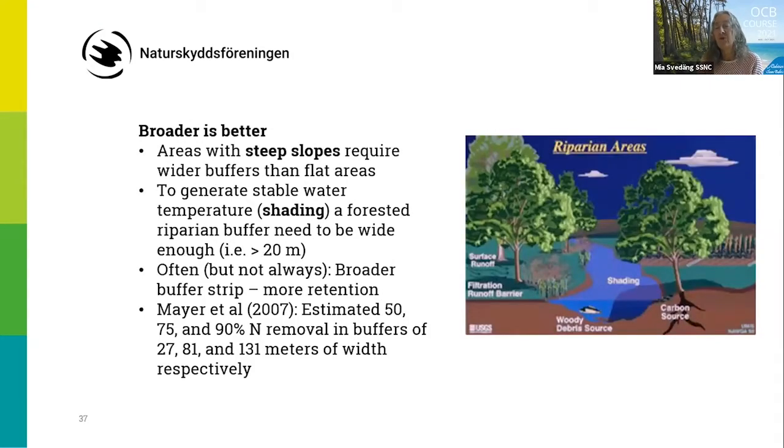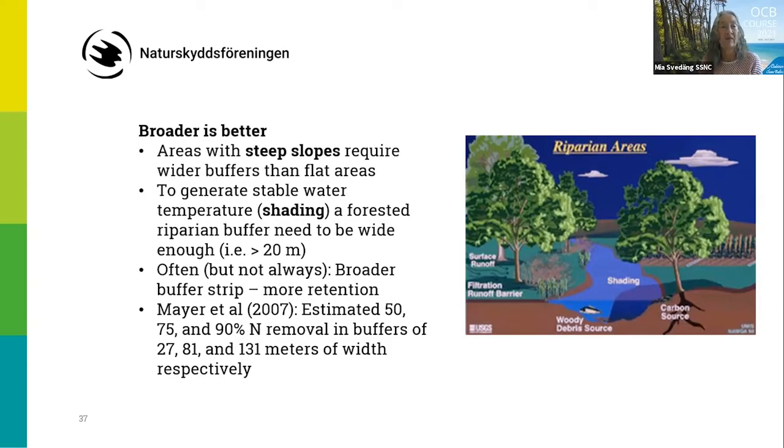Broader is most of the time better. If you have areas with steep slope, then you require wider buffers than flat areas. And to generate stable water temperature shading, a forested riparian buffer needs to be wide enough, more than 20 meters at least. Often, but not always, broader buffer strips give more retention of nutrients